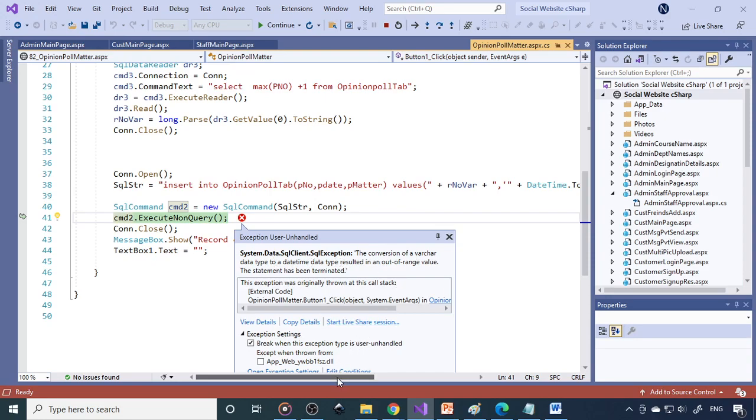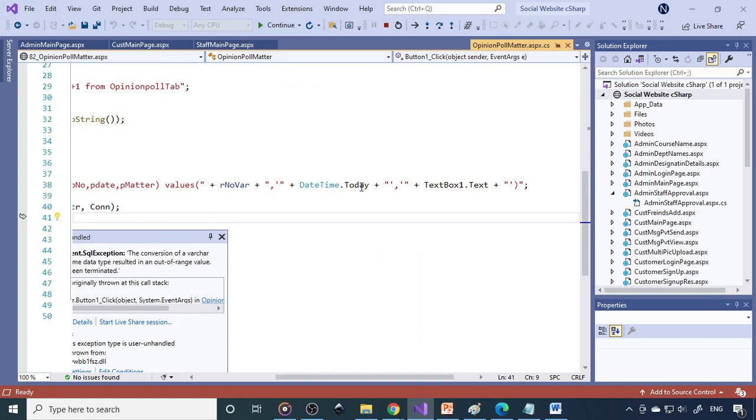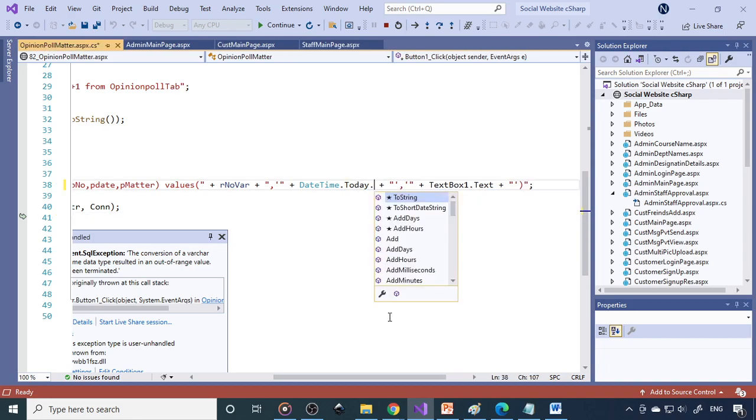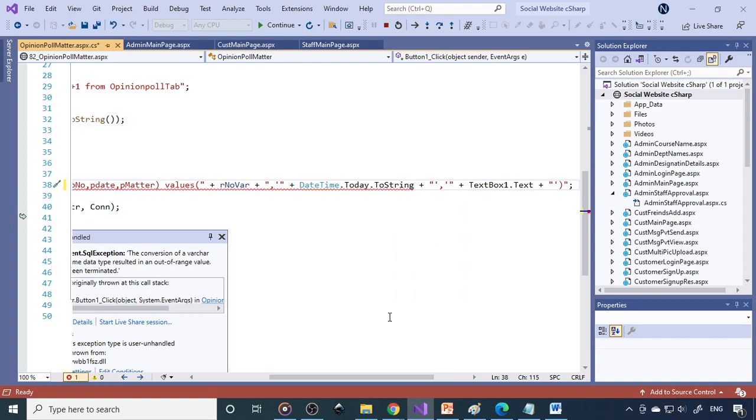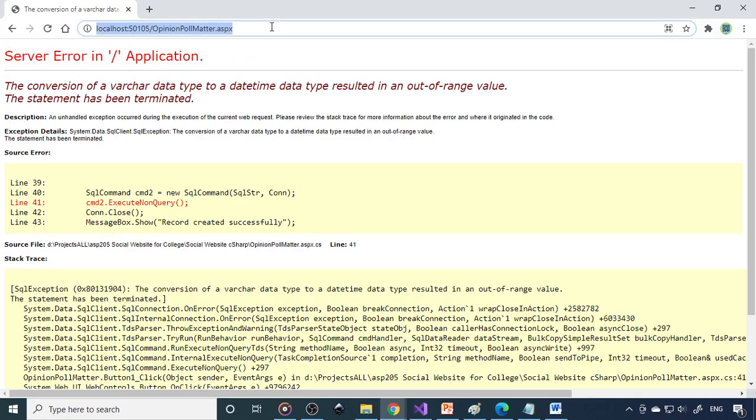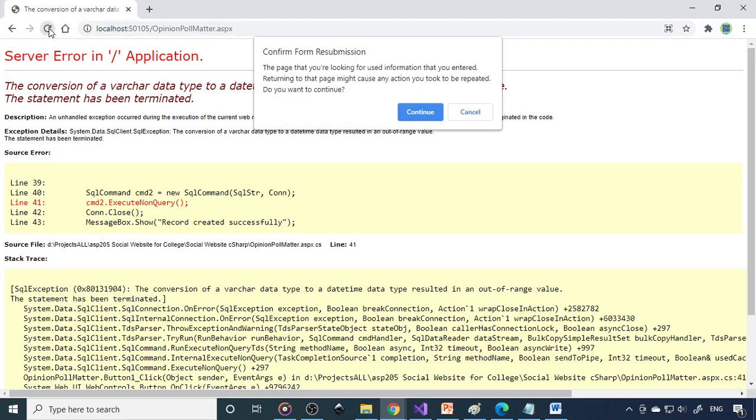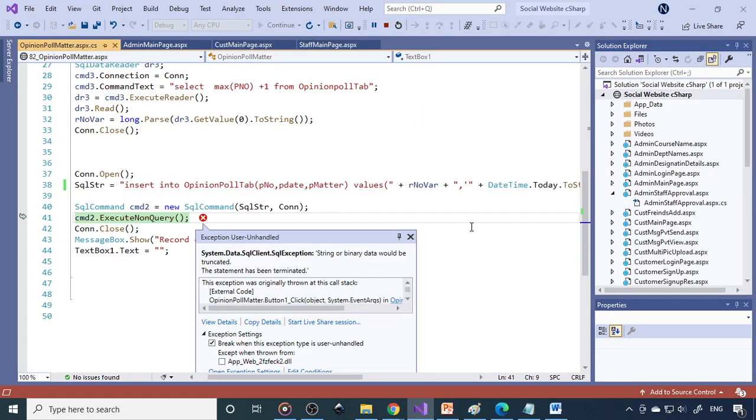Earlier it was working fine, but now this date, when you send it to the server, is not accepted. In order to solve this, you have to format it. You have to add dd/mmm/yyyy. This is the format which is required. We can save this. Now we can run, and it shows the same error, so now you need to refresh this.